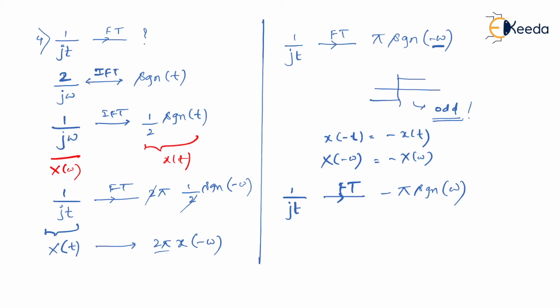So I'm sure now you got this problem. We have one more problem, we'll go for it. We have the next function as 1 upon 3 square plus t square, and we have to get a Fourier transform for this. Am I right? So the standard function says 2a upon a square plus omega square